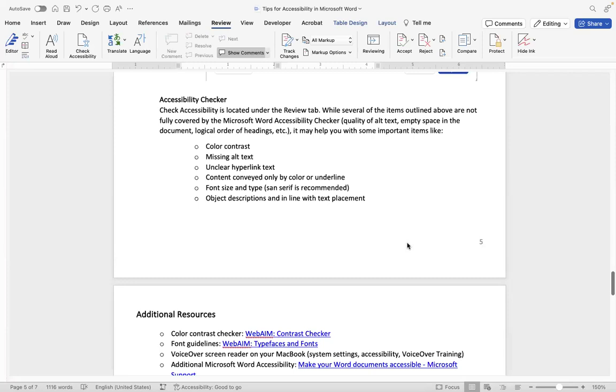Empty spaces in a document that might end up reading as blank blank on a screen reader, the accessibility checker isn't going to pick that up. And then the logical order of your headings, those are things that you need to spot check as well. So each element that I've described today, it's important that you give that a review yourself.